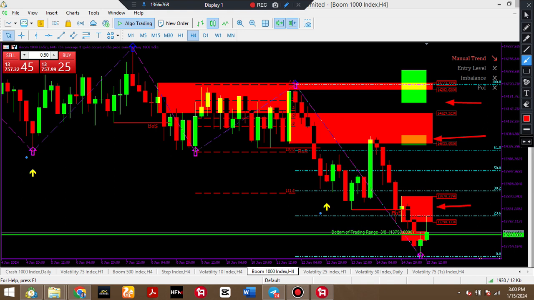There was a mini break of structure, but here this is the top. There was a mini break of structure in these 4 hours. So when price got there, that is why it's giving us a reversal. So if you go to 1 hour now and figure it out, this little move is a major move in the lower time frame. But if you want the clearer and bigger picture, you focus on the ones